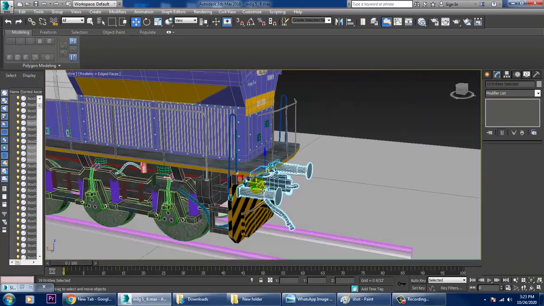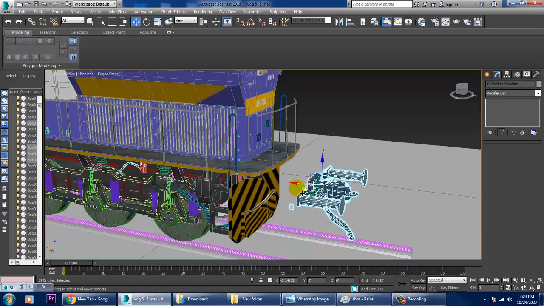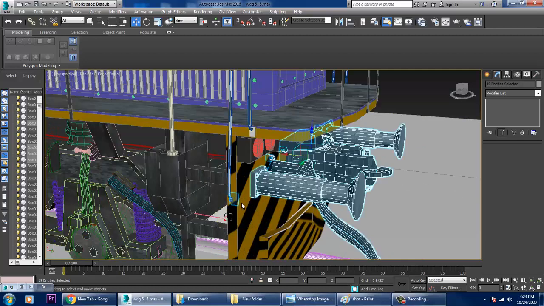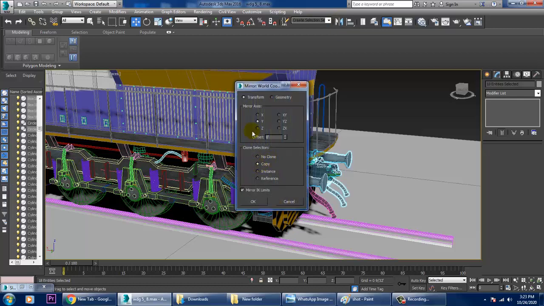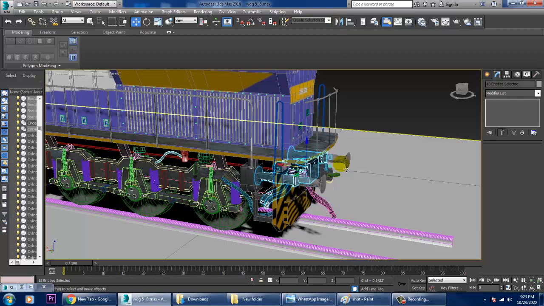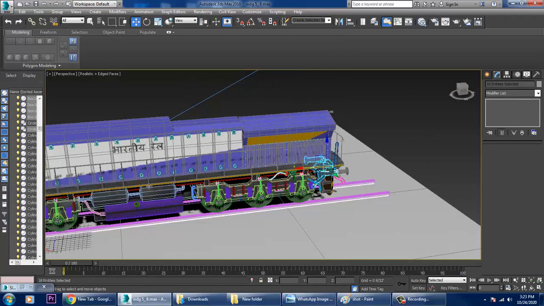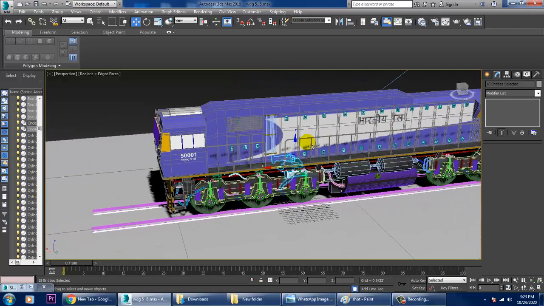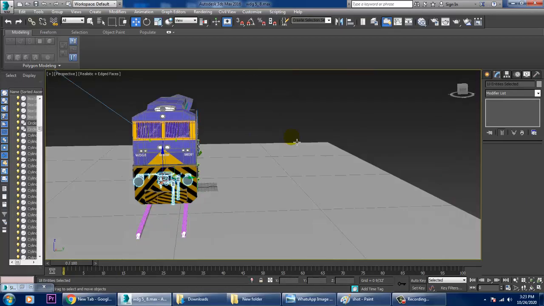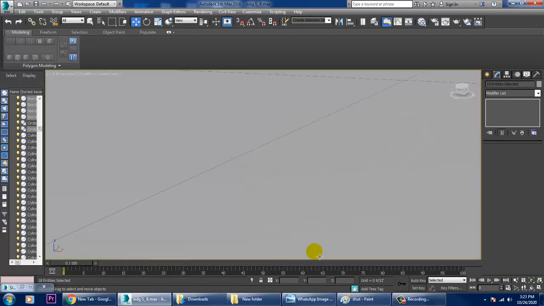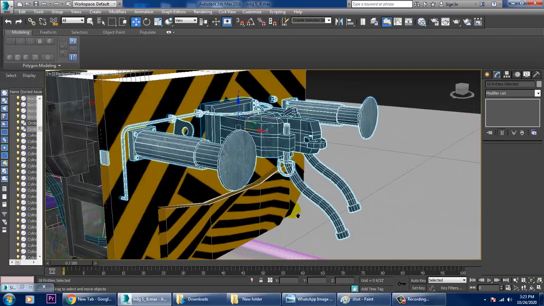Once you have selected all of this, we can duplicate it, copy it in the x-axis, and drag it over here. So we can duplicate this whole stuff on this side.